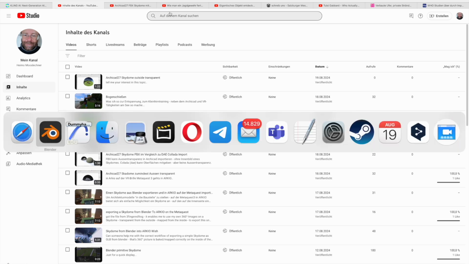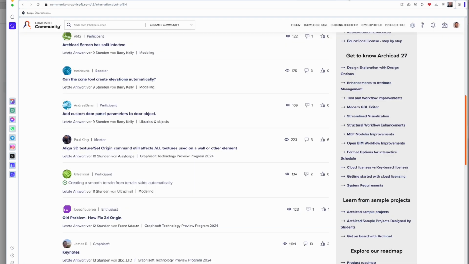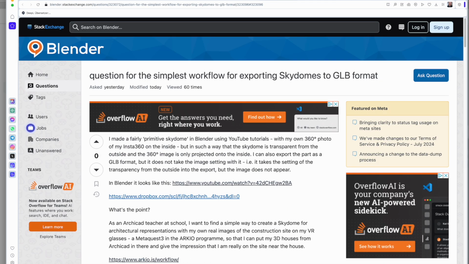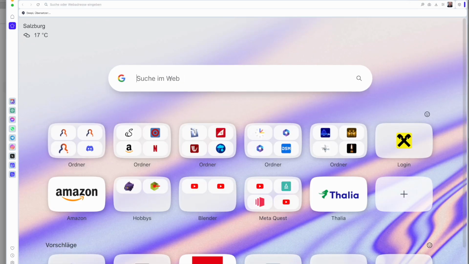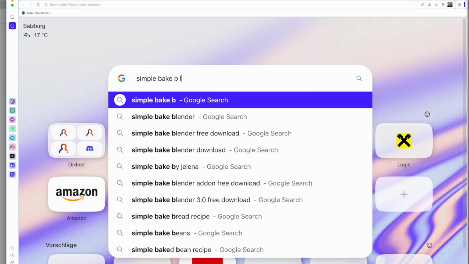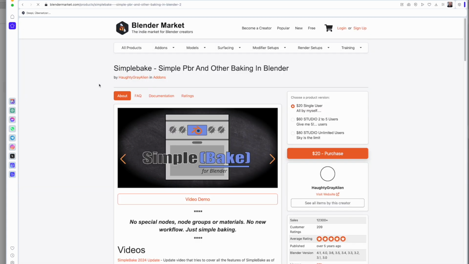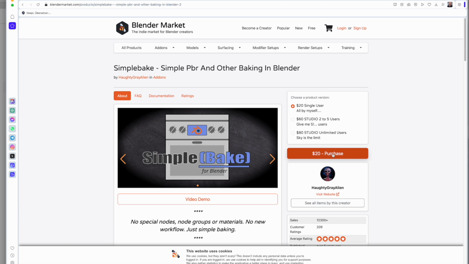I thought I would have it open. Okay, it doesn't matter, just go into Google. That's a Blender form. So simple bake Blender. Here it is. Here you can purchase it with about $20 and you get to download a zip file,